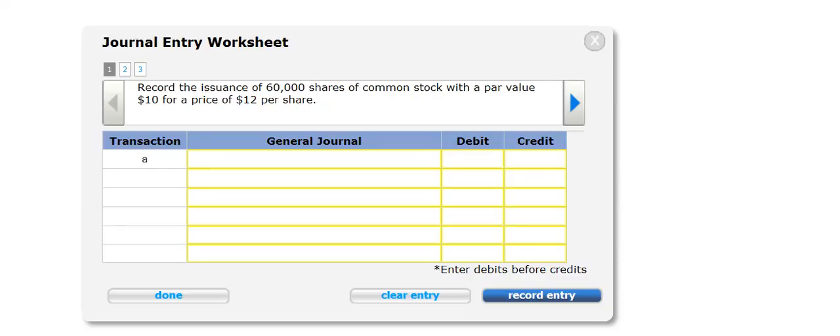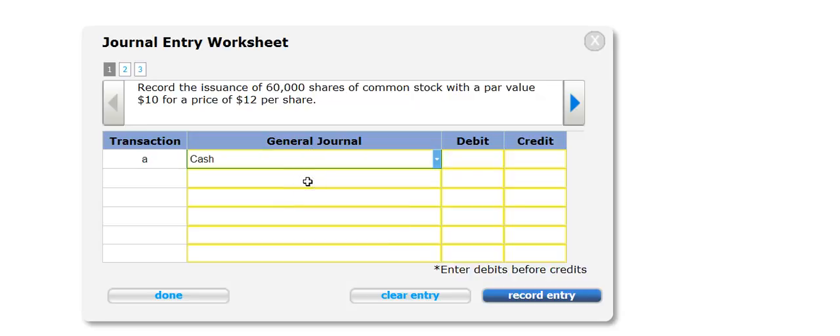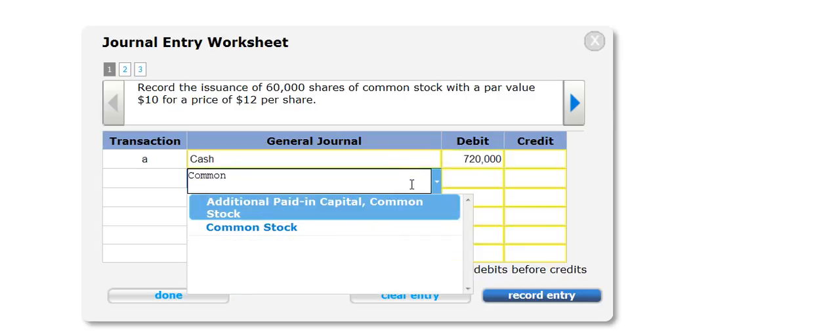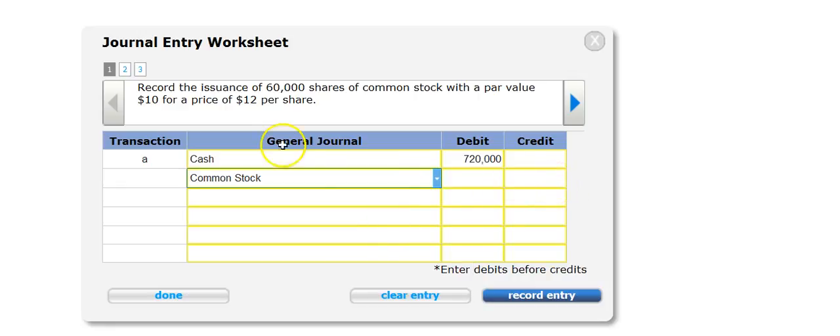Okay, remember, in every transaction, we're giving something and receiving something. In this case, we're receiving cash. Cash is an asset. We debit cash to increase it because assets are on the left side of the accounting equation, so we left side our debit to increase. We're going to multiply 60,000 times $12 a share and receive $720,000 in cash. But recall that if stock has a par value, we are going to credit the stockholders' equity account, common stock, for just the par value, which is 60,000 times 10, or